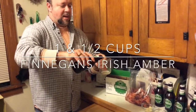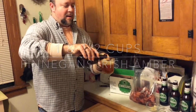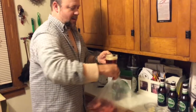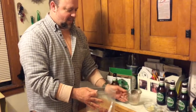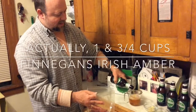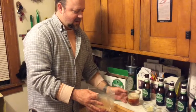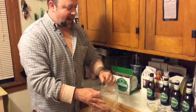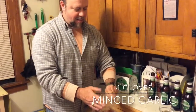So we're going to use 1.5 cups of Finnegans beer. Oh, let's now go to work. You know what? 1 3/4 cups. There we go. Alrighty. And along with this, we're going to add 4 cloves of minced garlic,